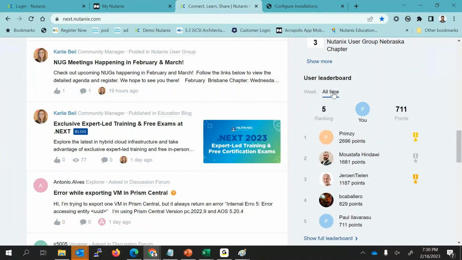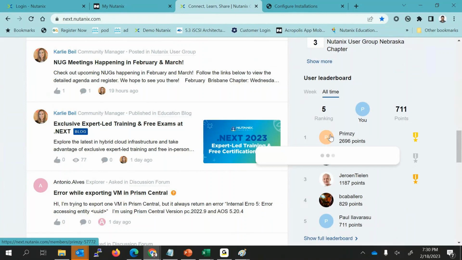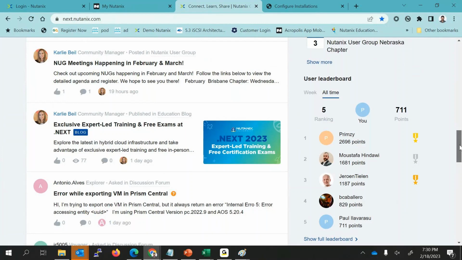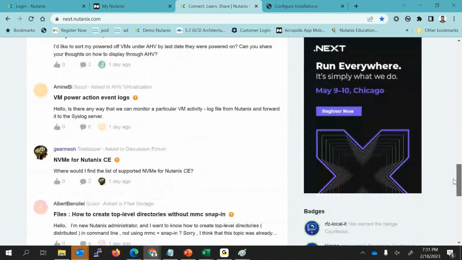So I'm sitting at the 5th position. A couple of years back, I was at the first position, then I was second. But recently I have not done any activities here, so that's why I moved to the 5th position. Similarly, if you want to be on this, you can be more active on this forum,